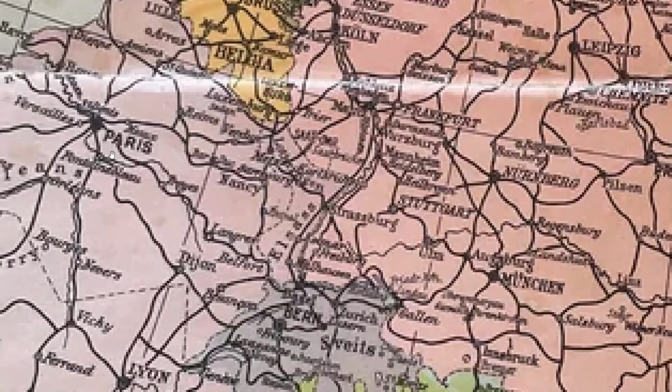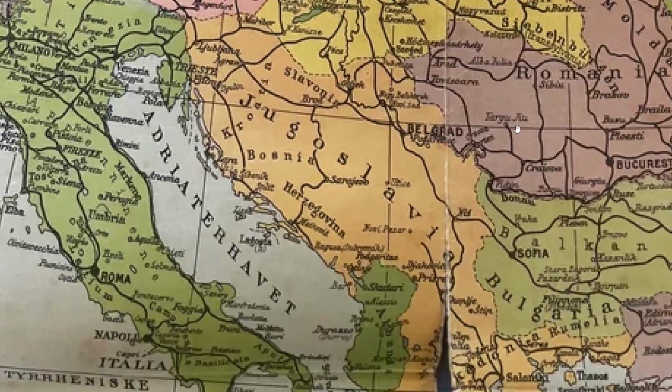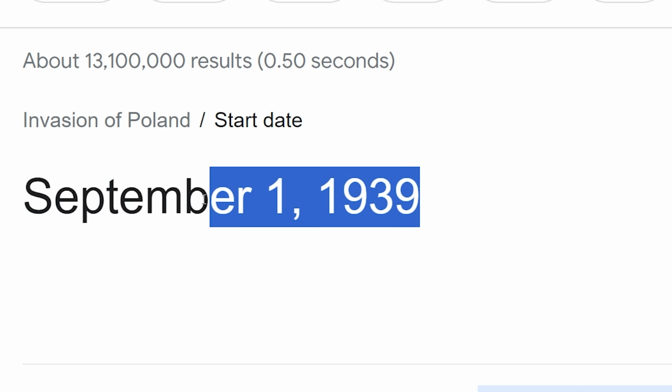The Germans have not just gone around the Maginot Line. They're about to though. The Anschluss of Austria has happened. Also Czechoslovakia is gone. Hungary's taken this part of Romania. Of course, Yugoslavia is still around. Italy took Albania. This is exactly 1939 to 1940, somewhere right there, because the Germans invaded September 1st, 1939,